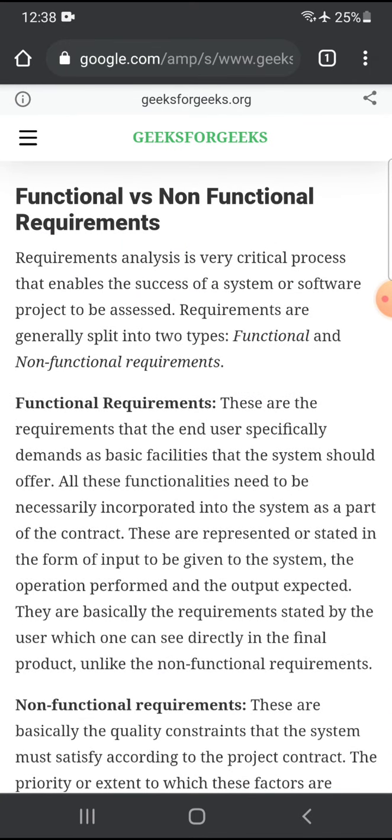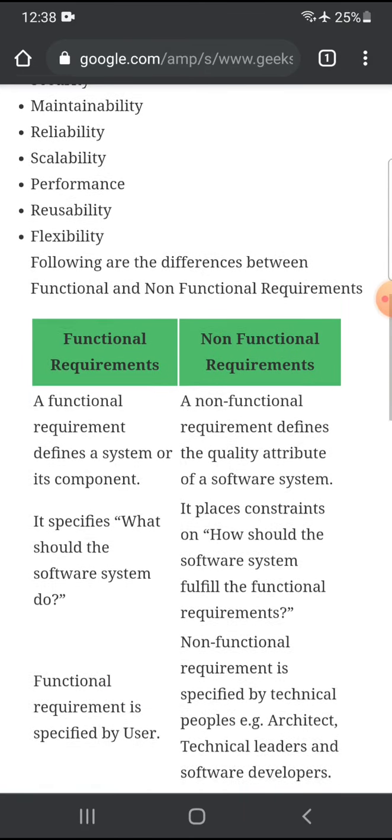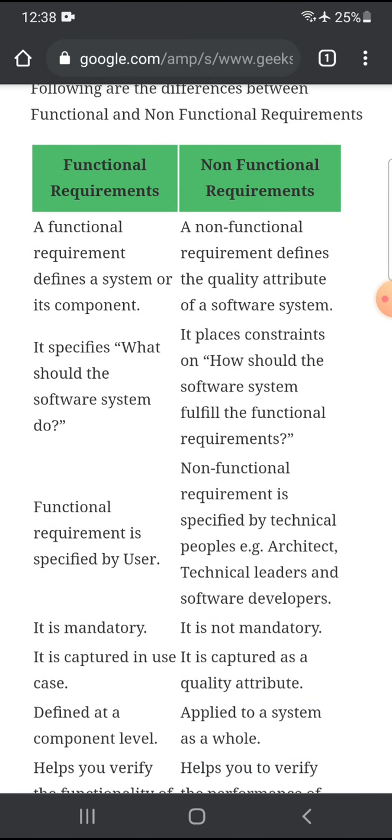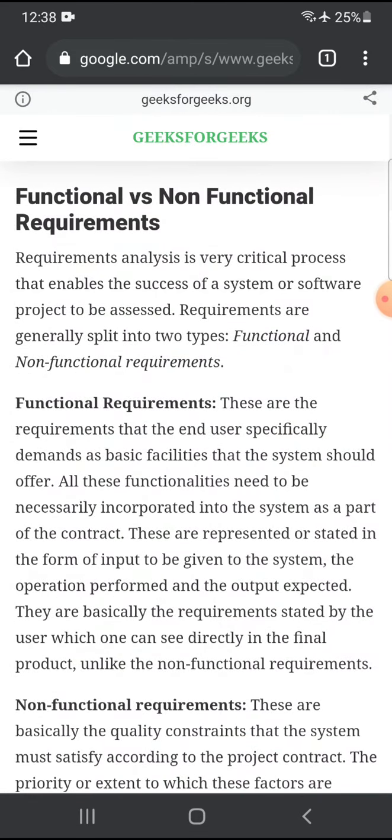So the first one, you have to write about functional requirement and its functionalities. Here they have also given a difference between functional and non-functional requirement, but in this question you should not write about the difference. You have to write the functional requirement separately and the non-functional requirement separately. So here you can find the answer. Similarly, I have given the Anna University PDF, which is given in Stucar. You can also refer to that PDF.